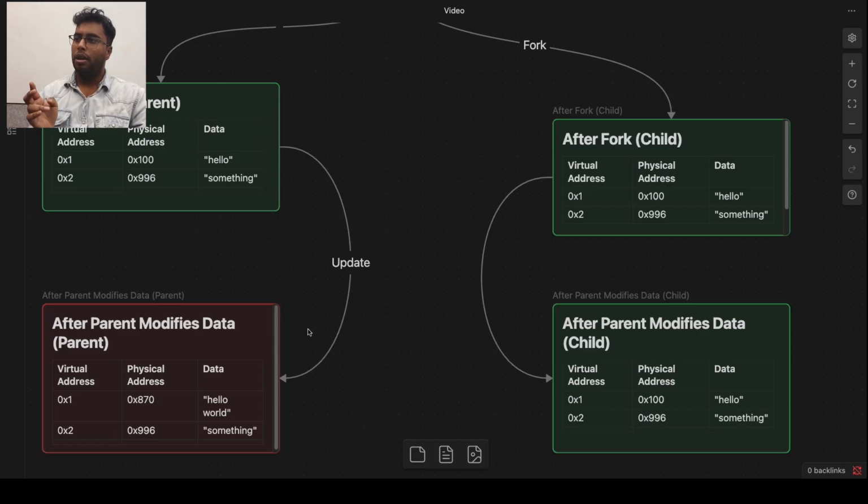For example, at address 1 we had this thing called hello. Okay, at the virtual address 1 we had this thing called hello. Now we want to update this thing to hello world. So what will happen is the virtual address will remain same for the parent process, but the physical address will be changed, because operating system will copy whatever was there in this page called 0x100. It will just copy whatever content it had to another address which is 0x870, and it will append the